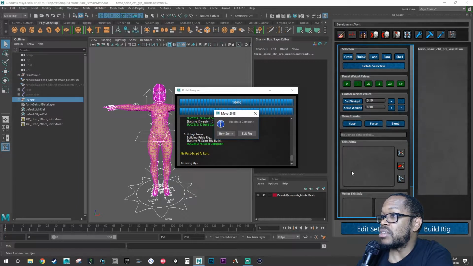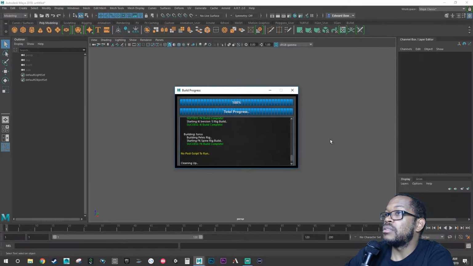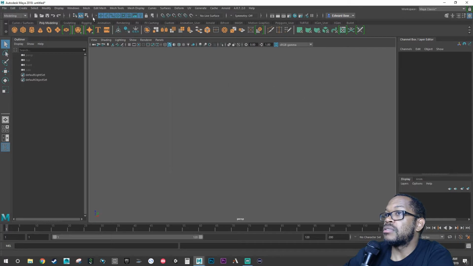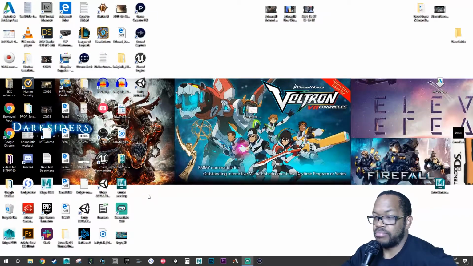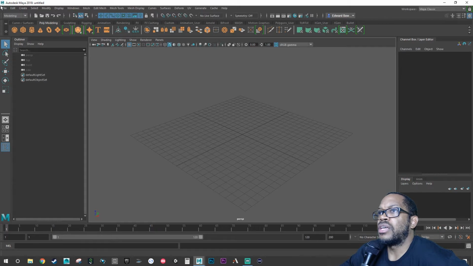All right, as you can see, it says 100%. It built the FK and IK rigs completely. No postscript to run for cleaning up. Everything looks good. So what we can do now, it says rig build complete. All right, let's go new scene. You can close this. Let's actually just close Maya, just to be safe, I'd rather close Maya. Oh, and there's my screen. Who cares? Click Maya. Got a bunch of crap on here. All right, so now we can go back and we can